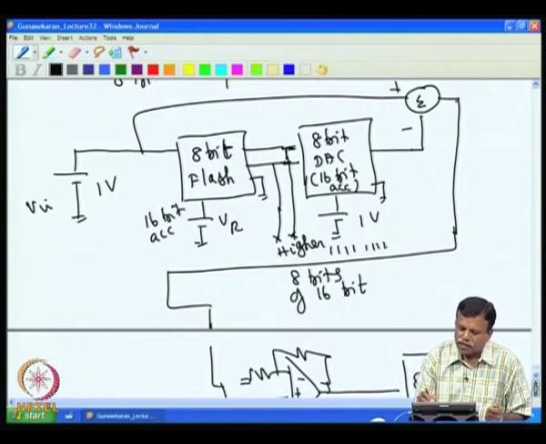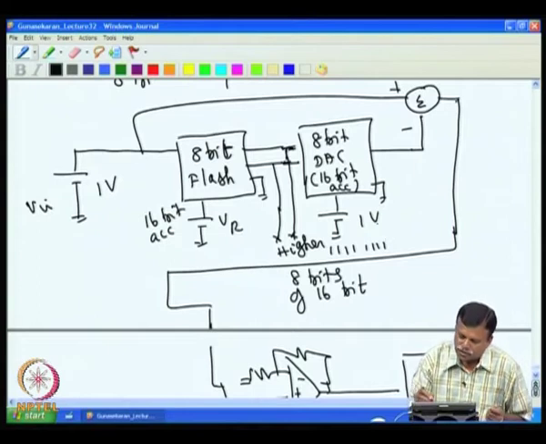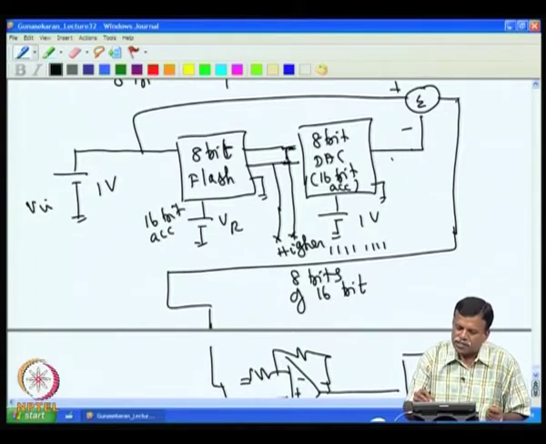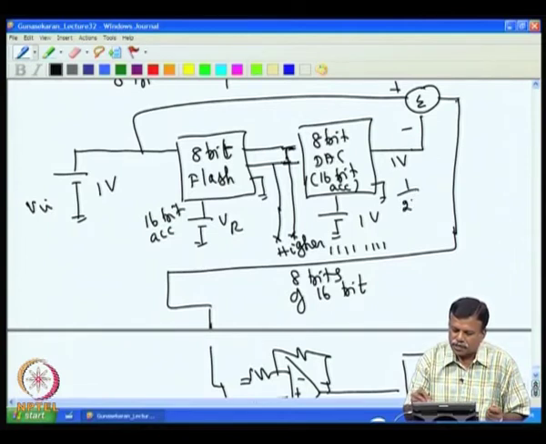Then this will give all 111, but the final output, when this is converted, is not going to be 1 volt, it will actually be 1 volt divided by 2 power 8, that is 1 LSB. So, 1 LSB error would have been left and you would have got 4 millivolt